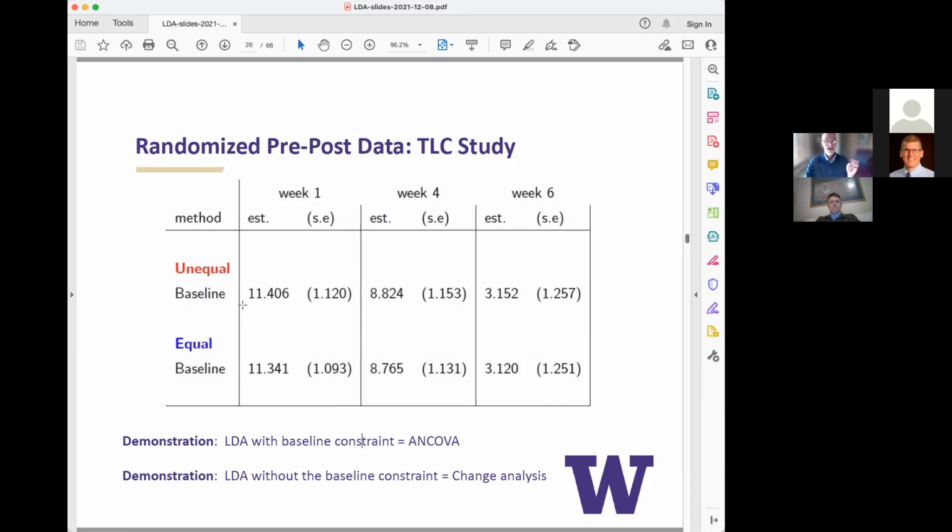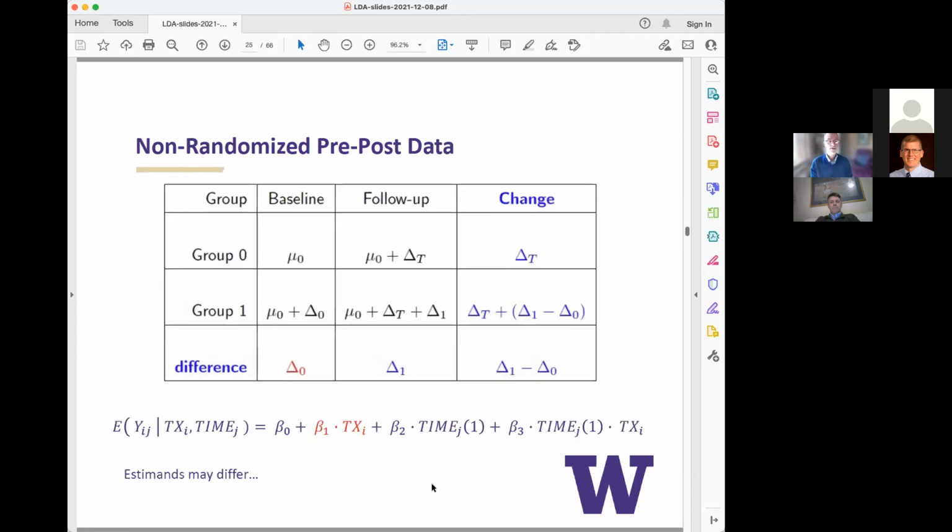I also wanted to say, if I put that unequal baseline in the model, if I put the treatment main effect in the model, I actually recover the change analysis. So this is the second link I want to give back to you. If you would have used ANCOVA and you would have been concerned about change being inefficient, then the longitudinal analysis should not put that treatment main effect in the analysis. That then makes this longitudinal analysis equal to the change analysis, the less efficient analysis. Okay. So now we've really put 5 options on the table.